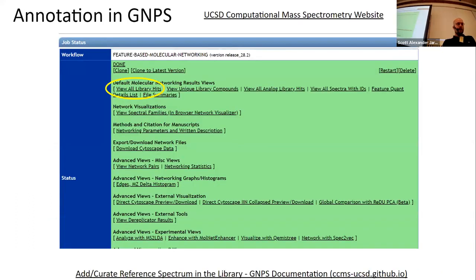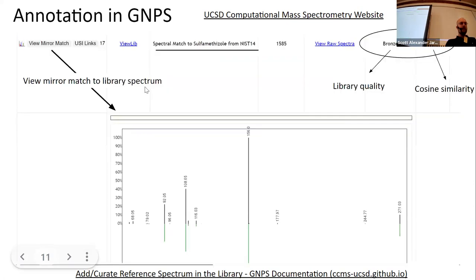And then how does annotation in GNPS work? Here's a screenshot. I'll just work through the screenshot for now. When your workflow is finished, you have this link here to view all library hits. You can select this, and then you essentially get a big drop-down menu that has all of your matches to the GNPS library. I wanted to just point out the things here. For instance, this is actually the example data set for the instructors for the data set we're all working with. So it came back as this